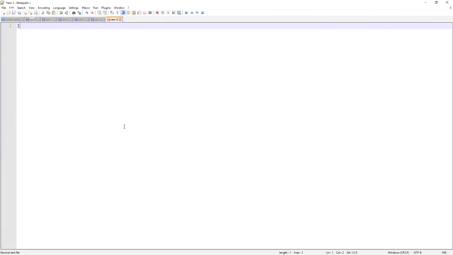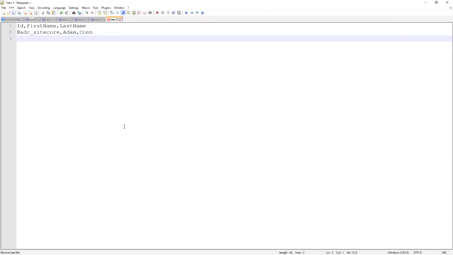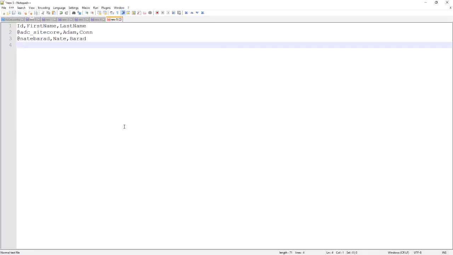This is your source: you've installed the packages for the framework and the providers, and now we're essentially creating the source that we're going to connect those providers to. Yes. So let's say we've just got some person information. We've got ID, first name, and last name. I'll put my Twitter handle here, first name Adam, last name Conn, and I'll use Nate. You're at Nate Barad, right, Nate? Correct. Okay, so it's just a very simple comma-separated file.